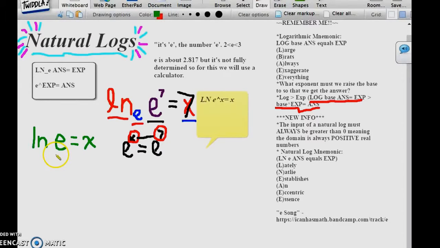So this is also e down here. So e to the x in exponential form equals e. To what power do we need to raise e to get e? Okay, so here we should get 1 equals x,